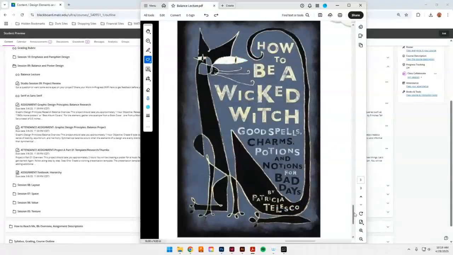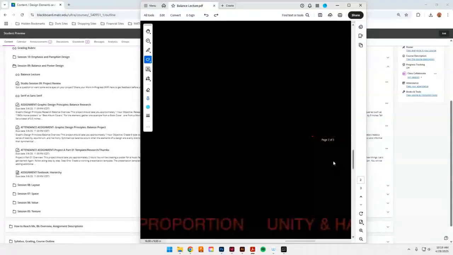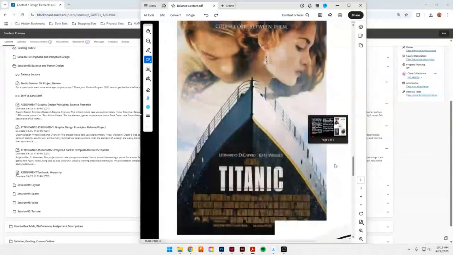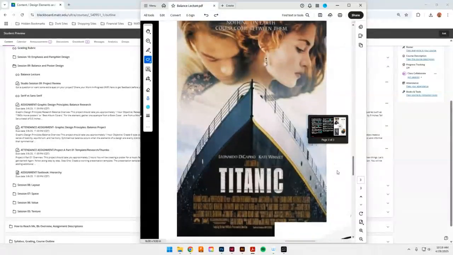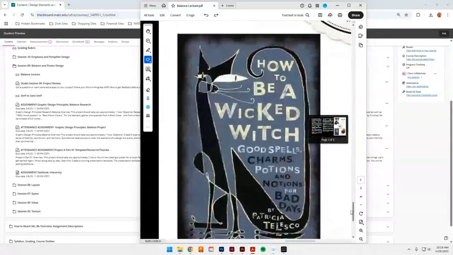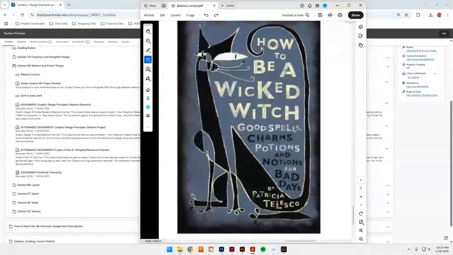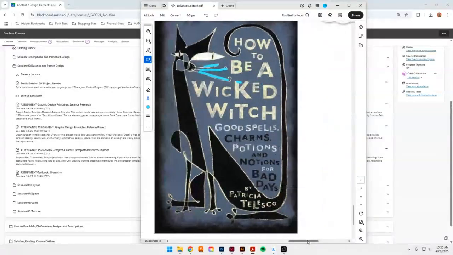for me, than this, which is just like, yeah, okay, Titanic, the movie, nothing on earth could come between them. Great, done. This one, I'm looking around, I'm looking at the eyes, even the whiskers can be thought of like they're taking you into the space. So much fun with this piece, so much more fun. And then